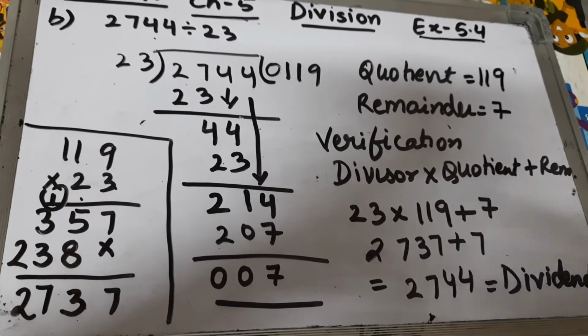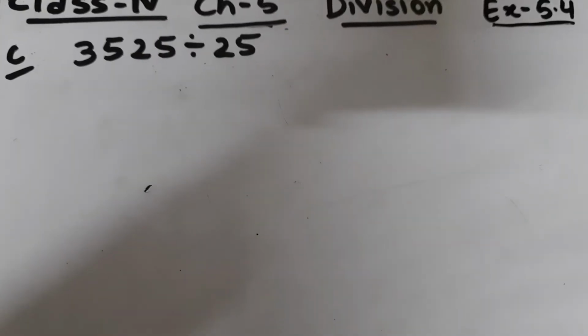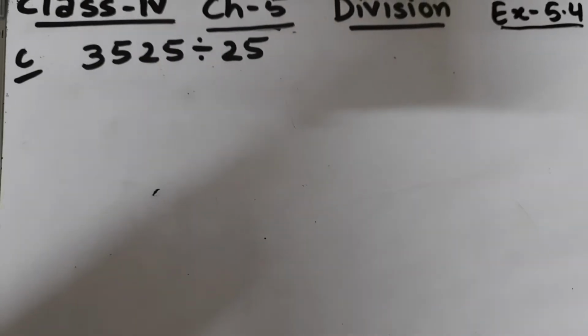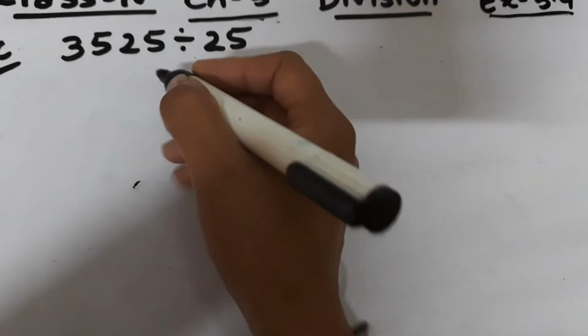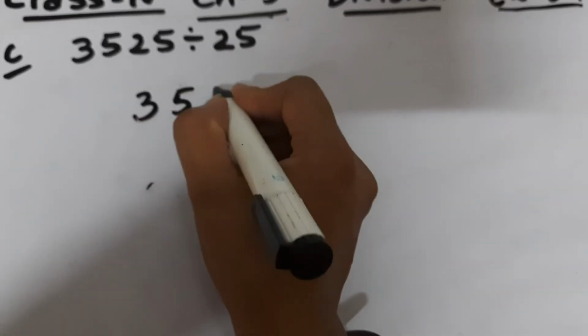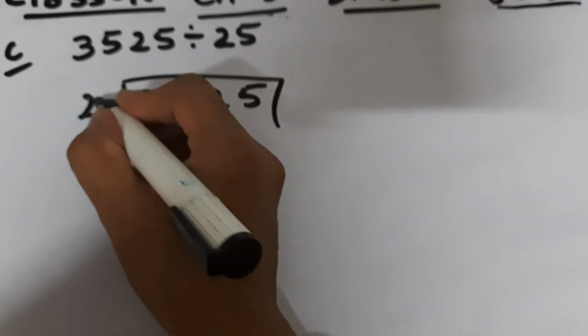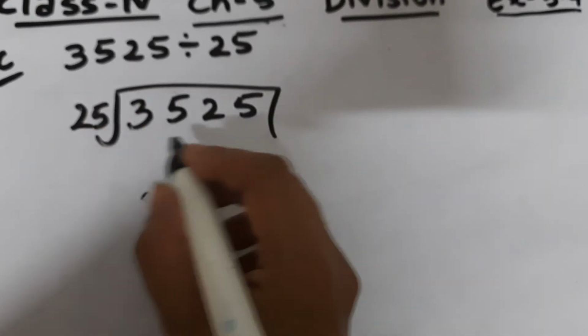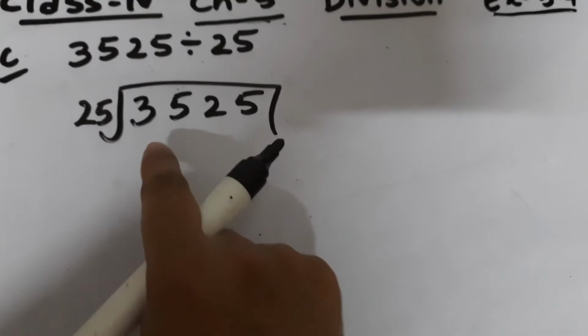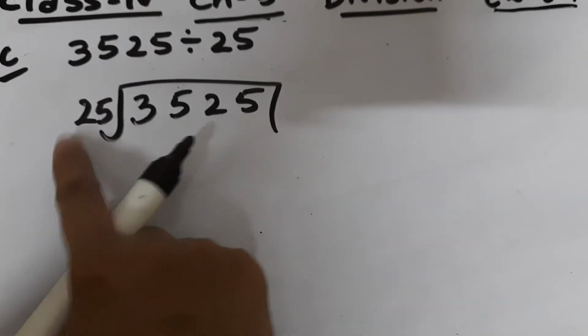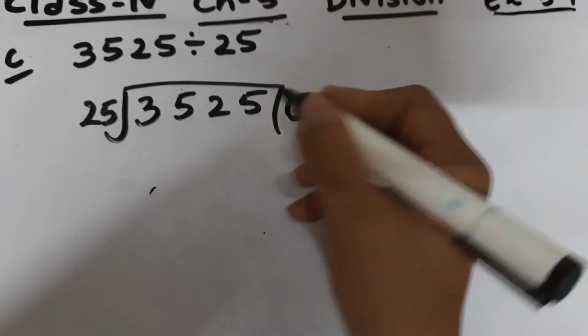Now let's start C part. C part is 3525 divided by 25. Our dividend is 3525 and divisor is 25. We have to divide 3525 by 25. See, we cannot divide 3 by 25, so we will write 0 at the quotient, and now